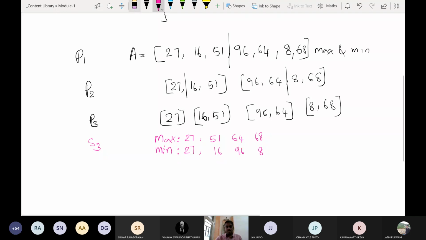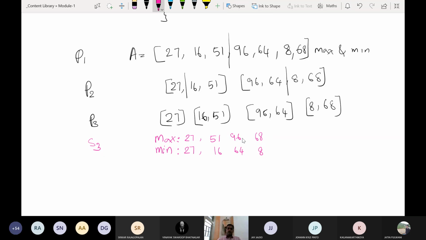Oh, okay. Yeah. Sorry. I think in the third, this I will correct. Maximum value is 96. Minimum value is 64. Okay. And here it is correct, I think. Yeah, here it is correct. So this is how you can solve the P3 subproblem. Now we have solved the P3 subproblem to get the solution like this.